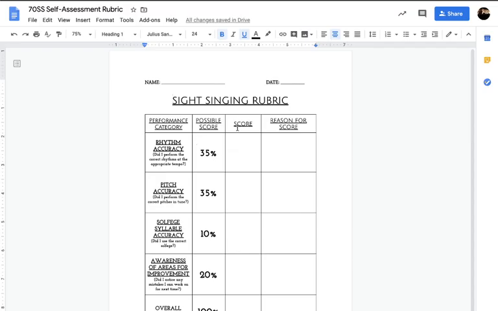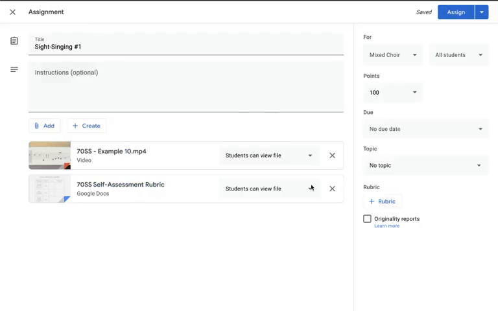This is the Word document. It also comes as a PDF, and students can basically type in whatever score they think they deserve, and they write out the reason for their score. And then in Google Classroom, they can submit this assignment to the class. So it's a really great way to share